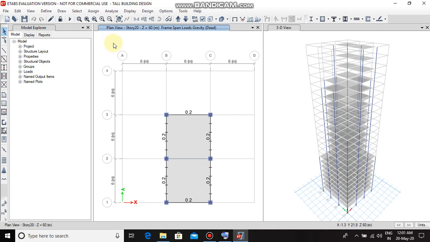We have to remove the cladding load from the beam of the topmost story as there are no walls above them. So now move to story 23.